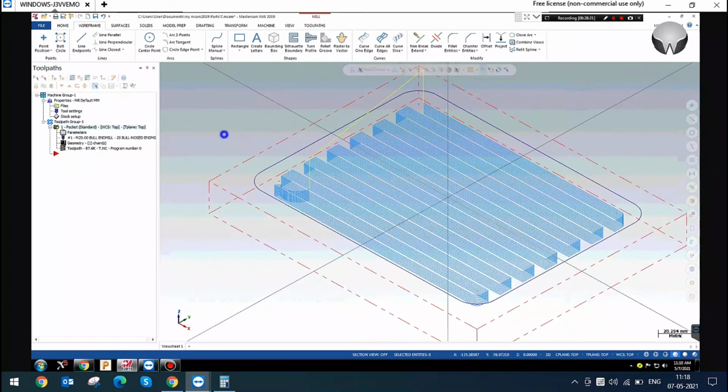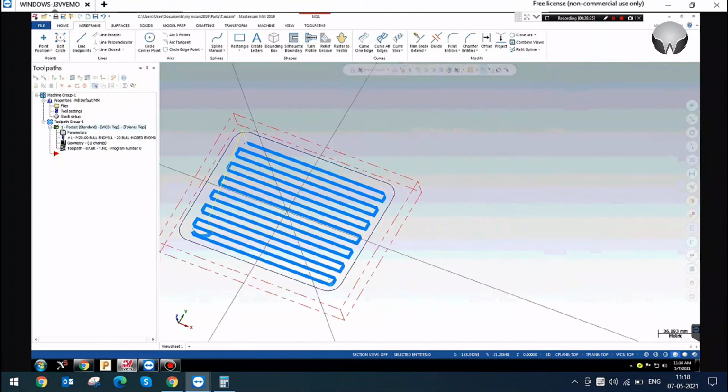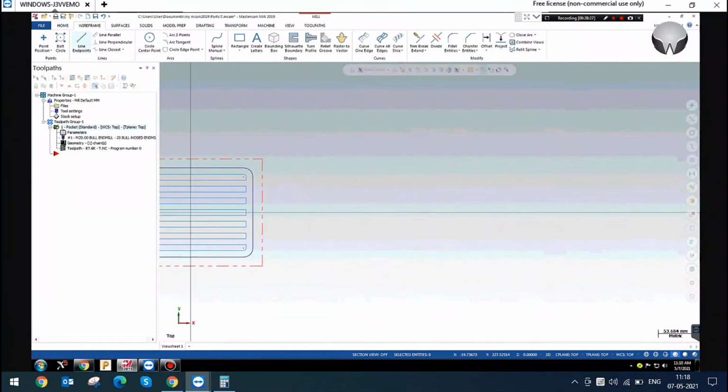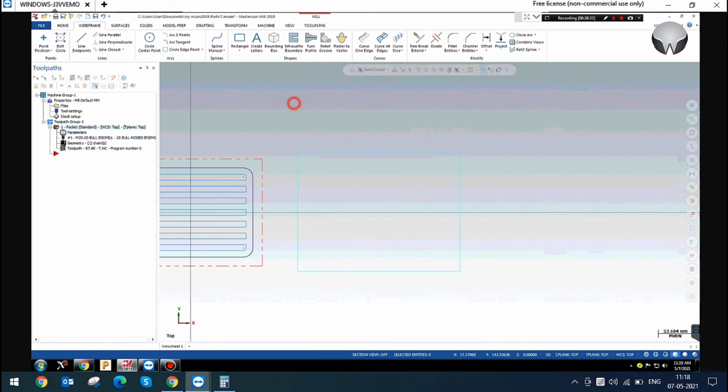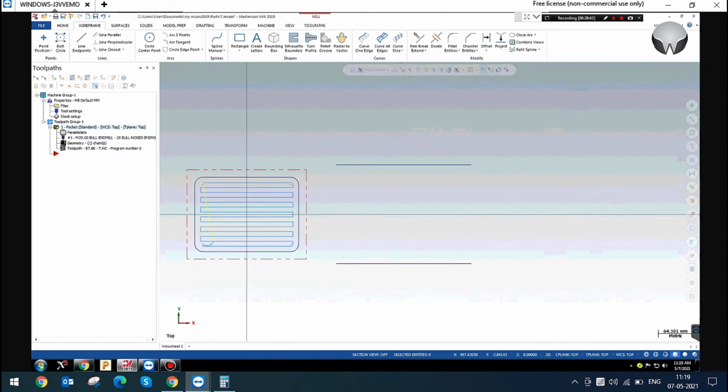Zigzag and one way, if we have an open area, in this open area you can run. But in this pocket option, only a closed chain is enabled, not a single chain.